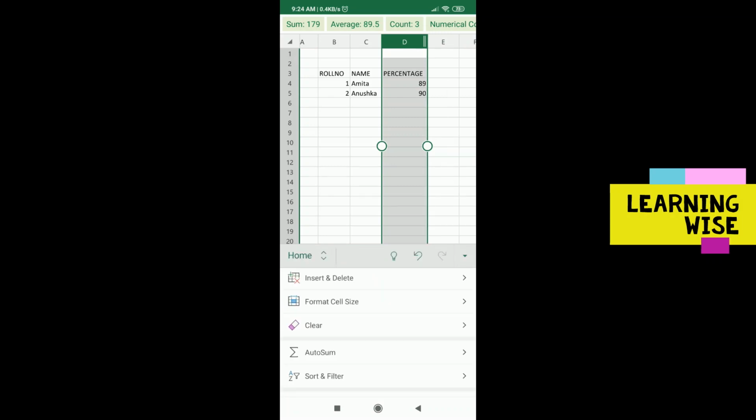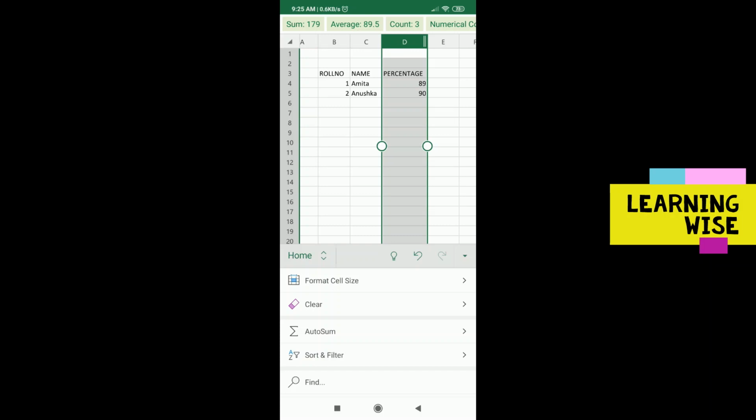Now, can you see the width of the column has been adjusted as per the content written into it, which is the word percentage. So I hope you have understood how to go about this column width manually, with the help of this edge and dragging it, and secondly going into the home tab and using the format cell size.